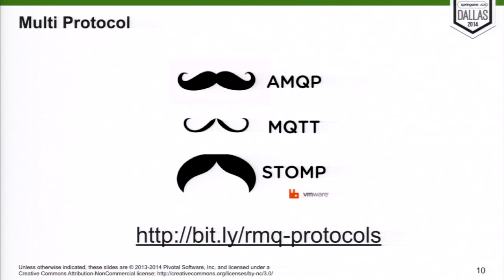And STOMP is a text-based protocol. It's very easy to parse, very easy to write a client, and it's one of the most used protocols inside the CERN in Switzerland. By the way, I live in Switzerland. I've been to the CERN, I talked with their developers, and they use everything that ends in MQ, basically. ActiveMQ, RabbitMQ, Apollo, ZeroMQ, JMS, whatever. They use everything for some reason. And if you want to know which one you have to choose, that link there explains the difference between each protocol.